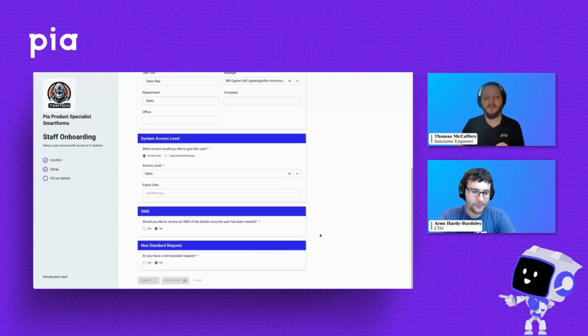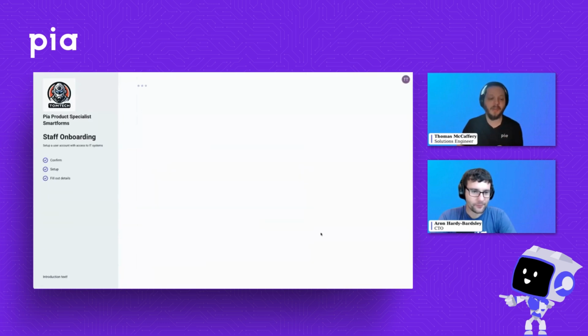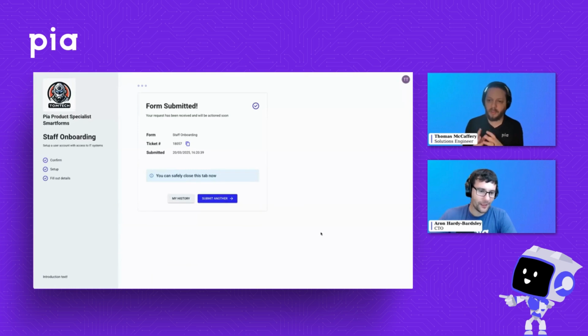I'm actually going to go ahead and submit this form here, and we'll jump and take a look into it in a moment. But I want to take you through an example that I helped another MSP to build. They put a lot of work and a lot of thought into it, and it really has increased their efficiency. They built an extension onto the form itself. So when the user sees it, they see all the normal details we just saw.